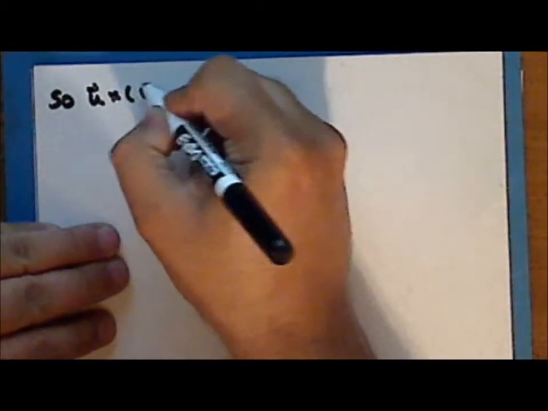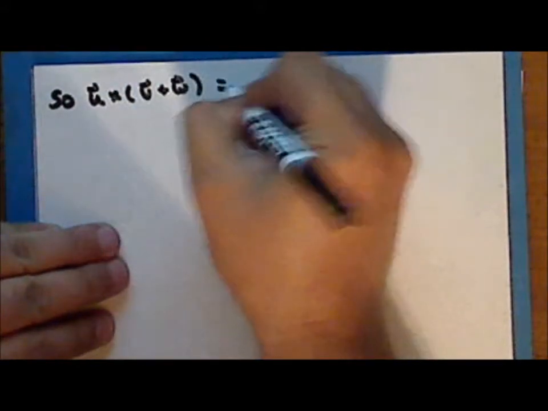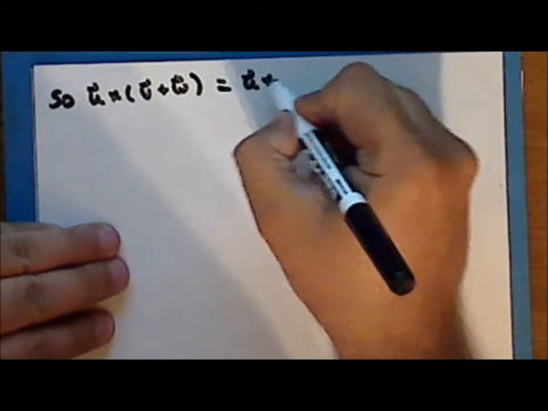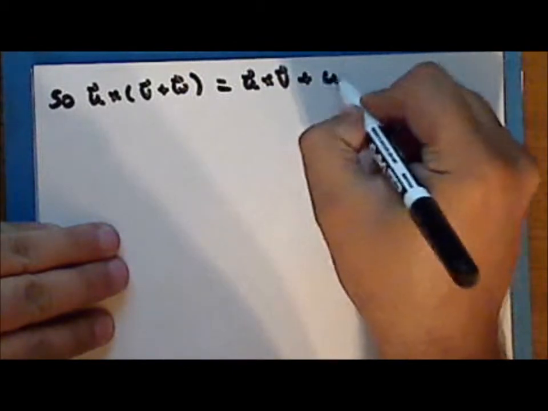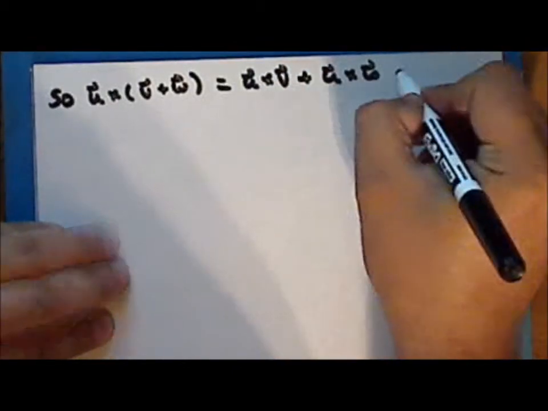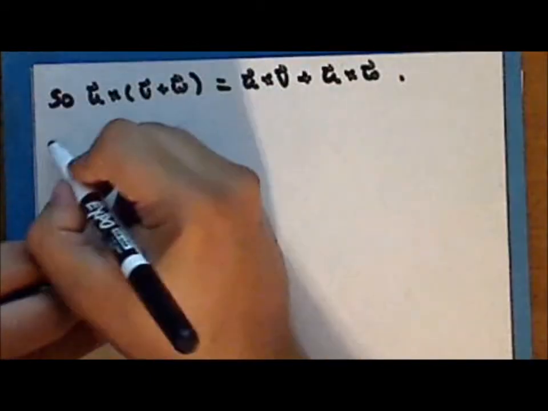And so u cross the quantity v plus w is equal to u cross v plus u cross w. Now,